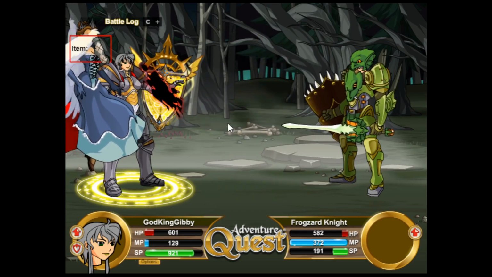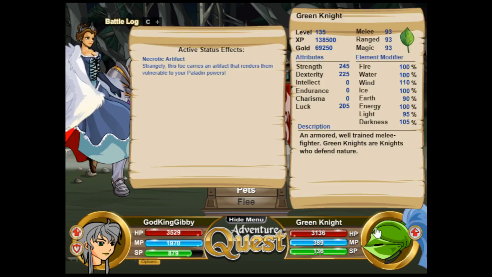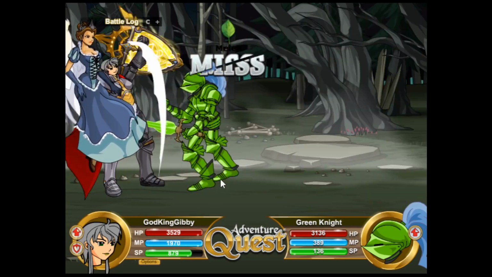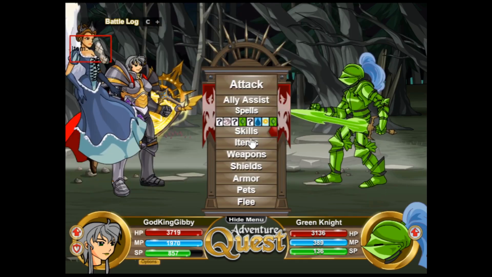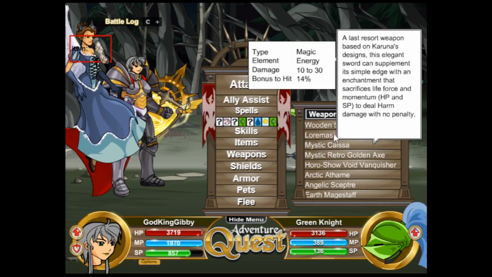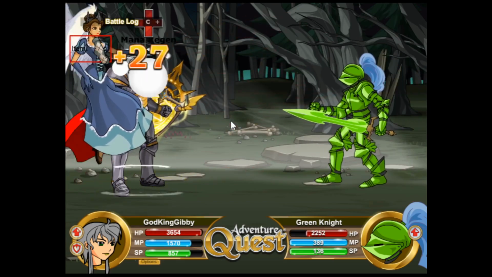The Mystic Retro Axe is really strong, so is Lion's Roar, and what I also recommend is having a Sacred Paladin weapon as a backup if you need to tunnel like a turtle for a few turns and heal up your HP. Now for warriors and rangers, you can't use Lion's Roar or Mystic Retro Golden Axe